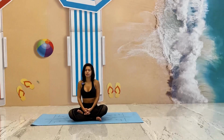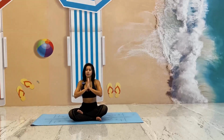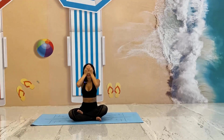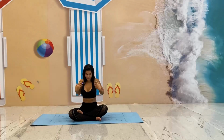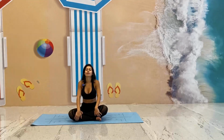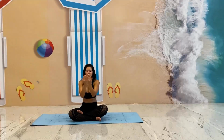Now inhale, bring your palms together in front of your chest. Rub your hands. Cover your eyes. And still keeping your eyes closed, touch with love your head, your neck, your back, your thighs, and bring your hands facing and slowly